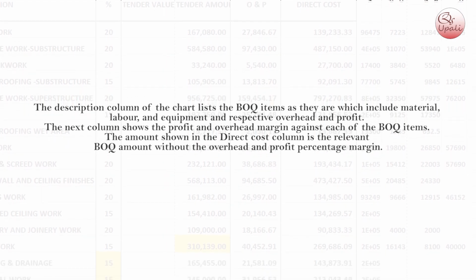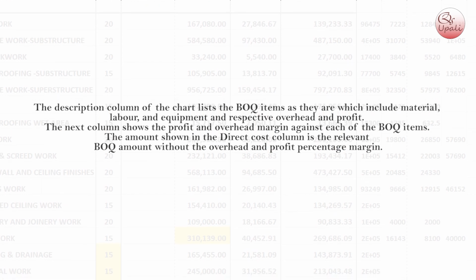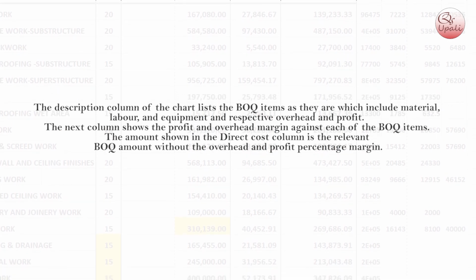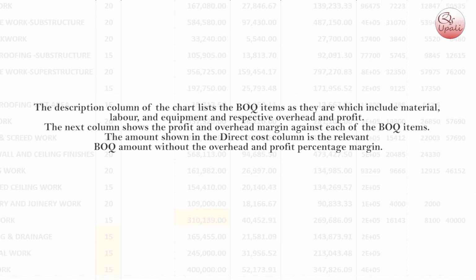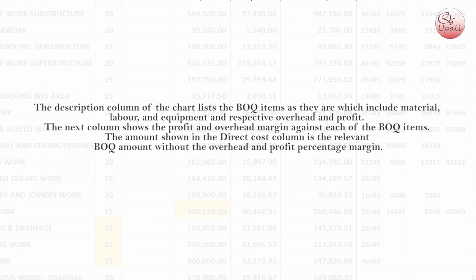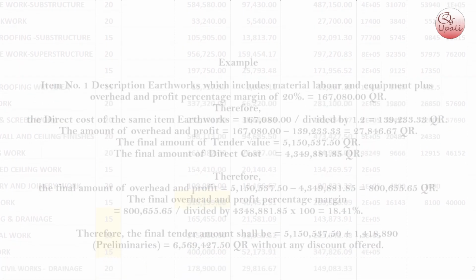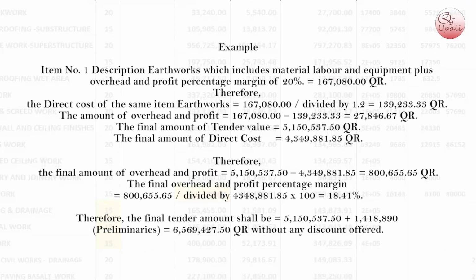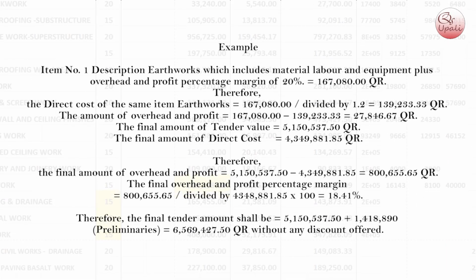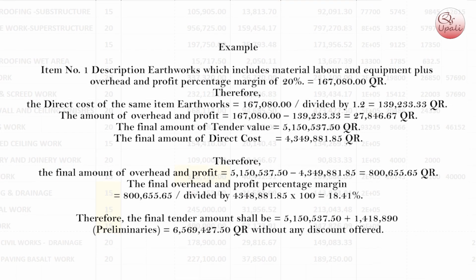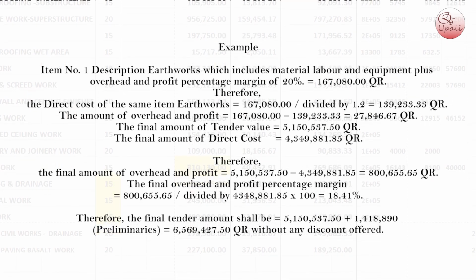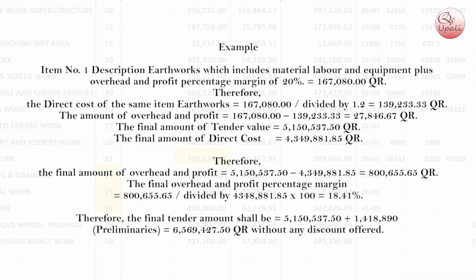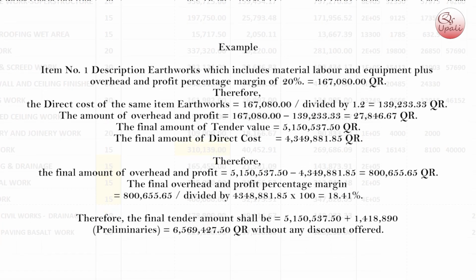The amount shown in the direct cost column is the relevant BOQ amount without the overhead and profit percentage margin. Example, item number 1, description, Earthworks, which includes material, labor and equipment plus overhead and profit percentage margin of 20%